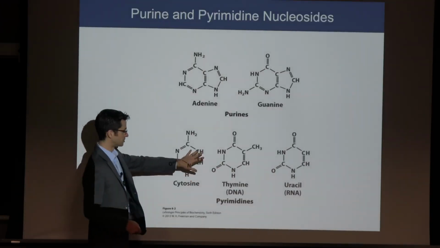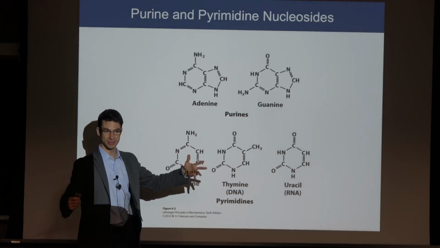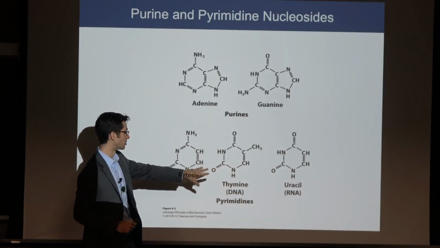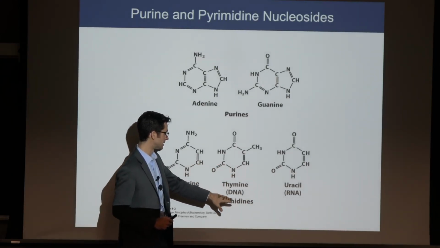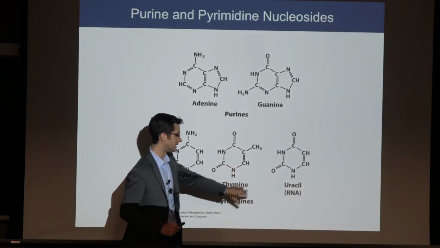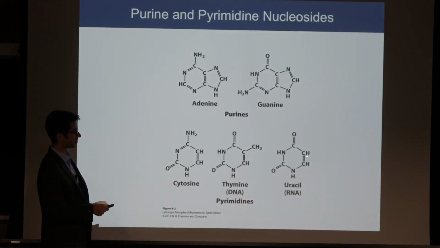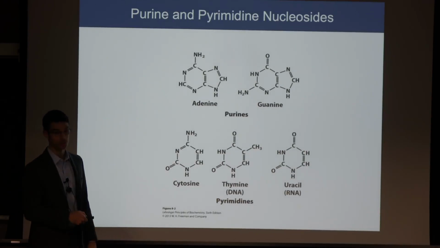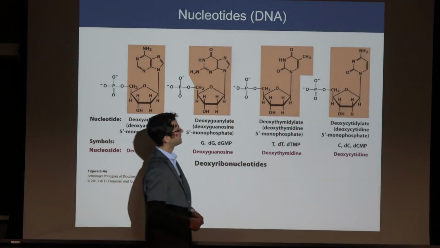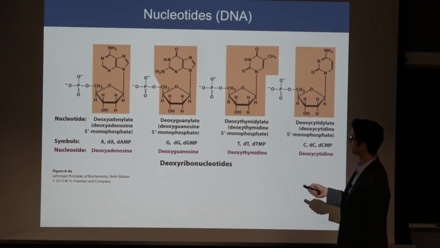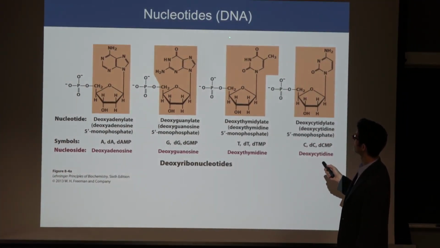So the difference here between DNA and RNA, the sugar is different. We'll show that in a second. It's deoxyribose in DNA and ribose in RNA. The other difference is that thymine is the base in DNA and uracil is in RNA. So all the T's are used, but they're basically the same structure except for this methyl CH3 group on T, but not on U. Okay, when you take the purine and pyrimidine nucleoside bases and you bond them to the sugar, this is the case of